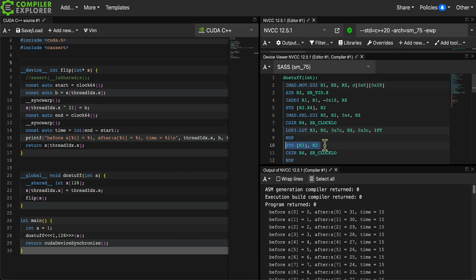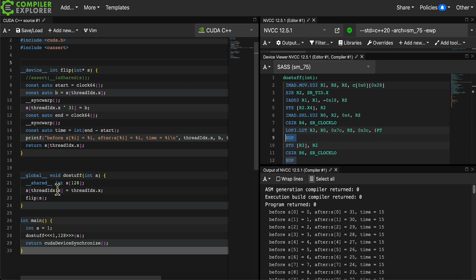It cheats a little and it only times the store. So the store and the synchronization here, it's translated into a no operation. It can do a NOP because it's already done the read, so there's no contention there that it needs to work around. So only the store and some manipulations take 15 clock cycles.